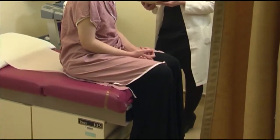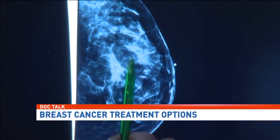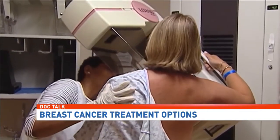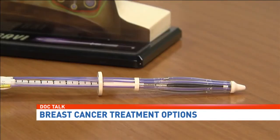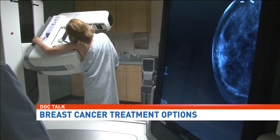There are few things worse than being told you have cancer, but if you're dealing with breast cancer, there are options. Patients love it. The breast, after all, it looks very good. What could women with breast cancer possibly love, you ask? This device, it's called a strut-adjusted volume implant, or SAVI for short, an alternative for standard breast radiation, which is